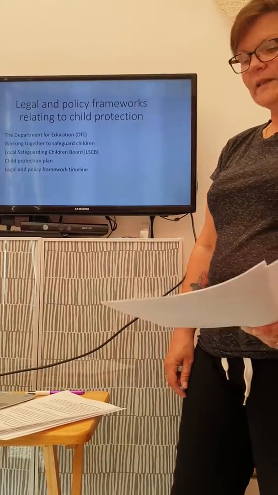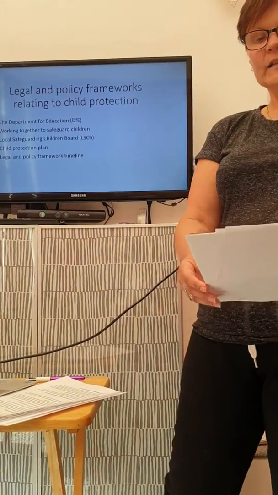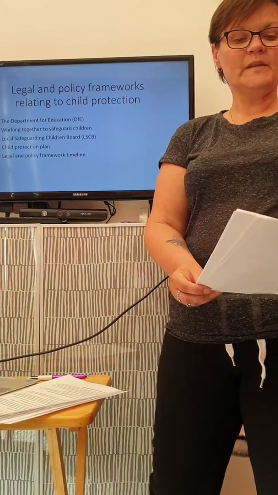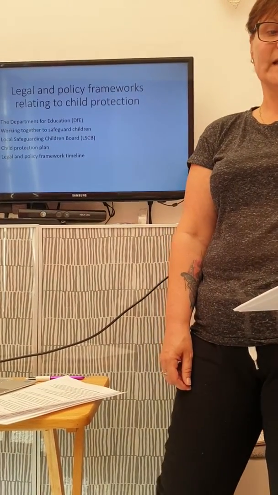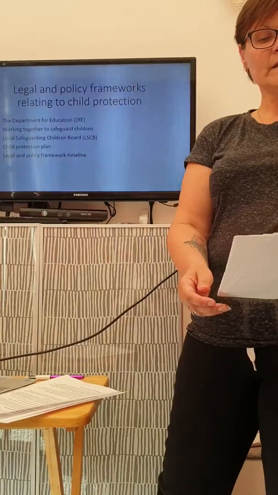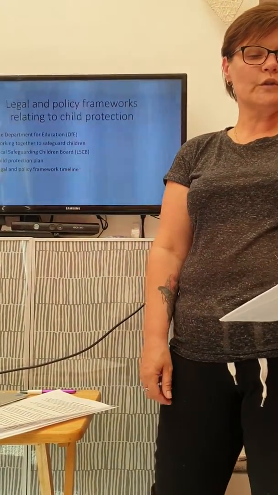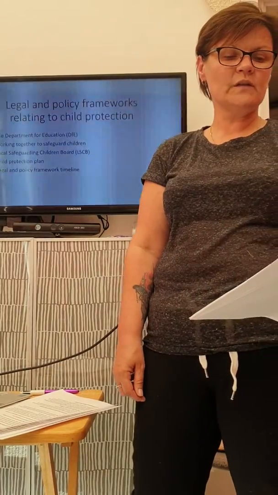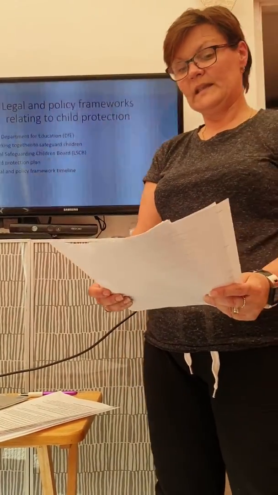Next we have the Child Protection Plan. There are 6 processes to child protection, and a child protection plan is drawn up at step 4 as a result of a child protection conference, if it gets that far. The plan determines the contribution of different professionals and is a working tool that should enable the family and professionals to understand what is expected of them and what they can expect of others.